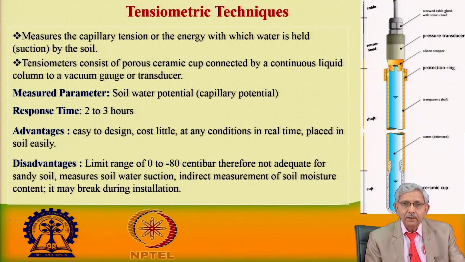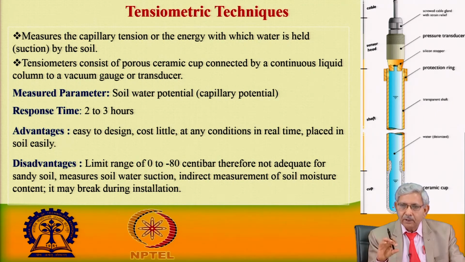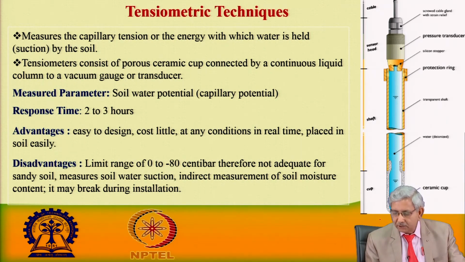However, it gives a precise reading, and if the soil water tension stays below 80 centibar, it is used for monitoring irrigation or irrigation control. But when it exceeds the value of 80 centibar, there is a chance that air available in the soil pores may enter. So, that may interrupt the observation.